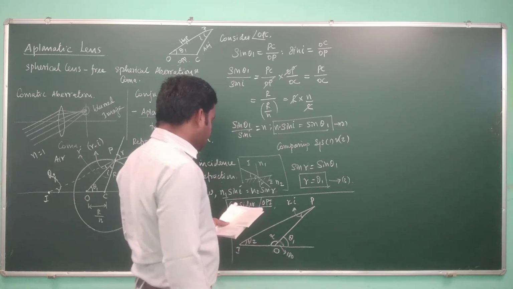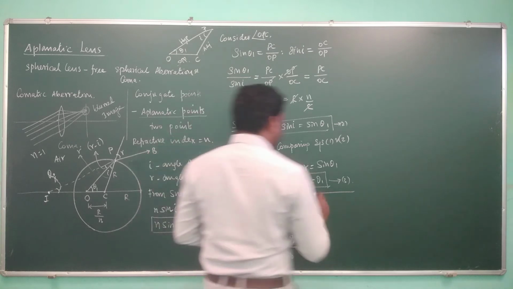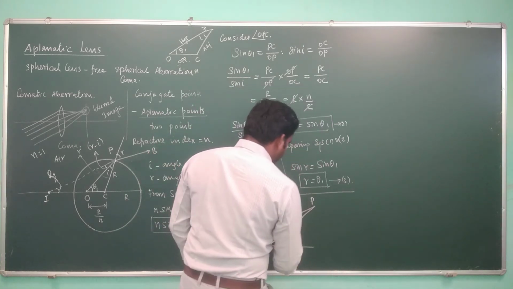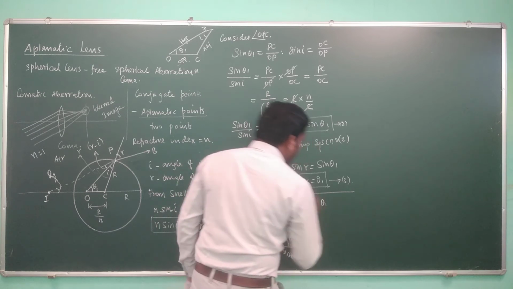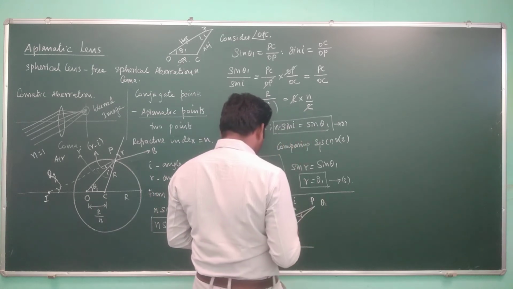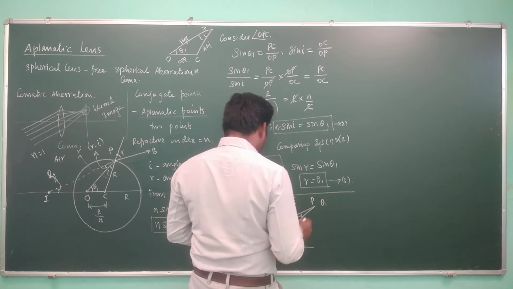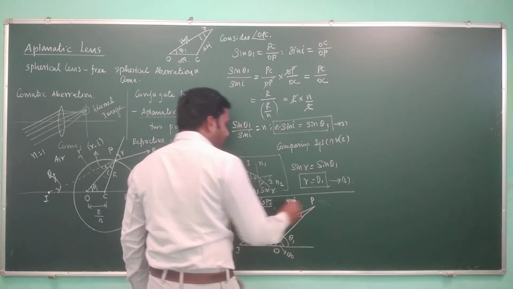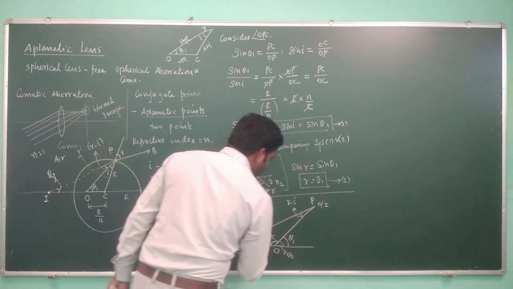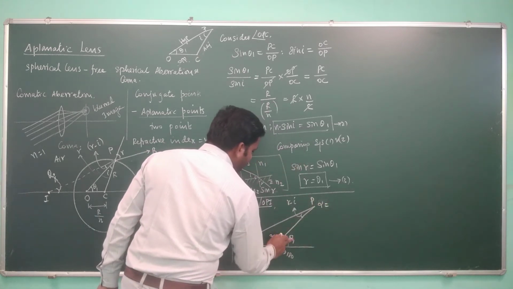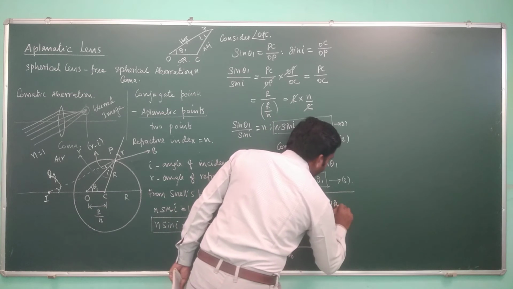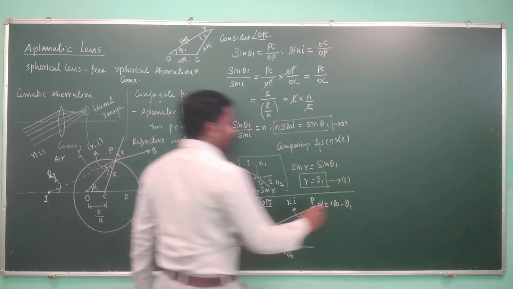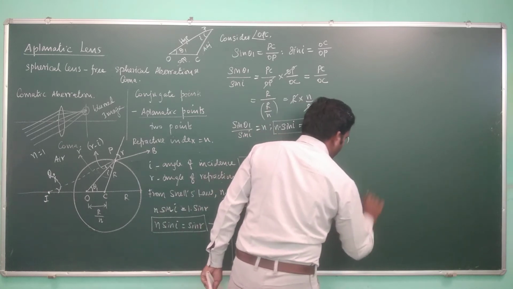Okay. So with that, let's see now. If you want theta 1, let's write this for alpha. If you write the equation for alpha, you have to subtract this theta 1 from 180. So alpha equal to 180 minus theta 1. This is one case. Okay, let's write this as equation number 4.